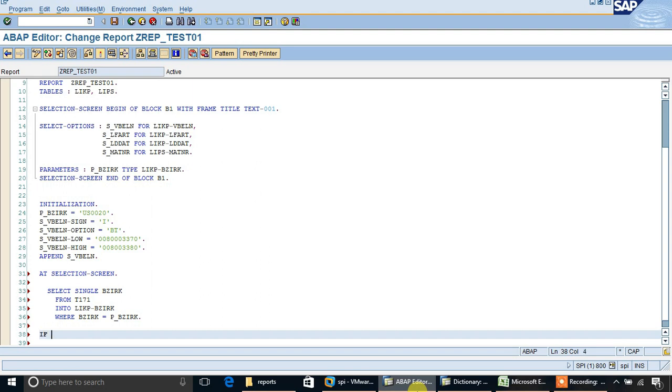For this, we use if sy-subrc is equal to 0.